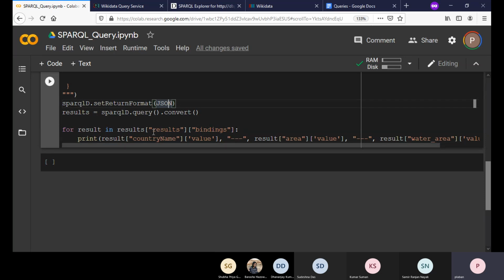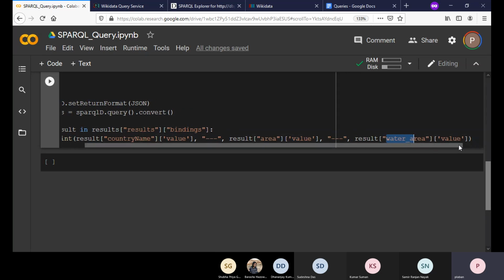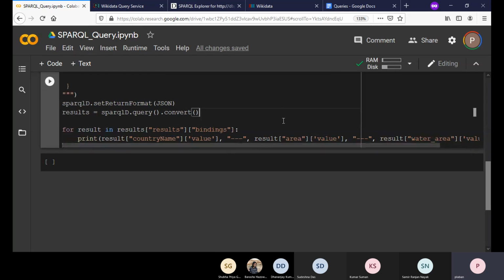We specify the variable name. So I'm specifying the variable name here. I'm asking for the value. This is the area variable which we are trying to extract, and this is the water area variable, and I'm asking for the value, right?